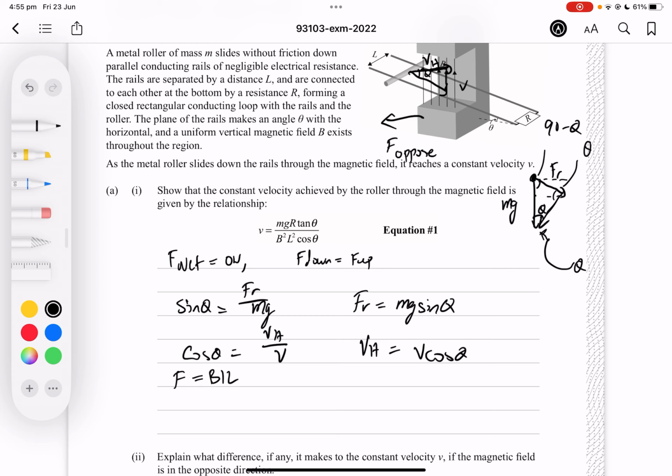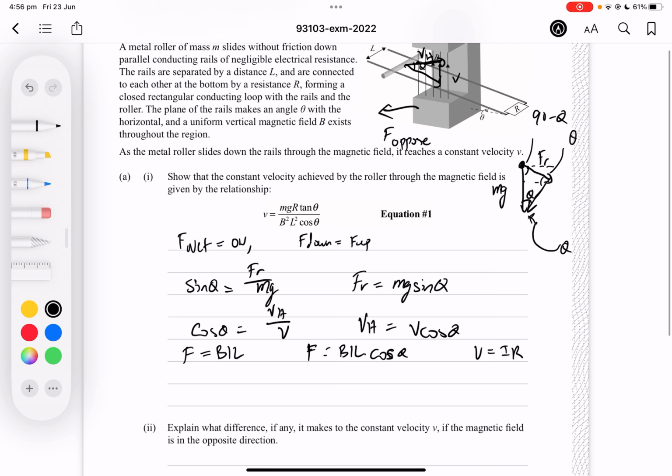And again, if you want to find a component acting up the ramp, we simply use triangles again. So we should get F equals BIL times cosine of theta. Okay, and then this will induce some sort of EMF throughout the circuit. So we know that V equals IR, and we know there's some resistance on the circuit, which will be given by this resistance R. So therefore, we know that I equals V over